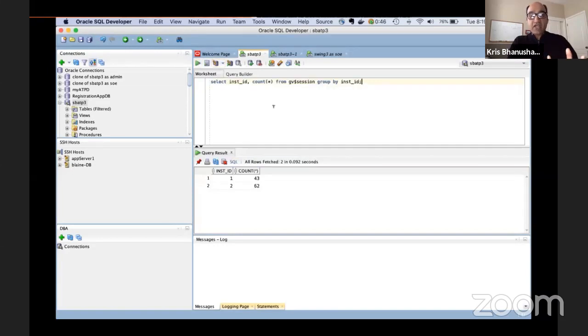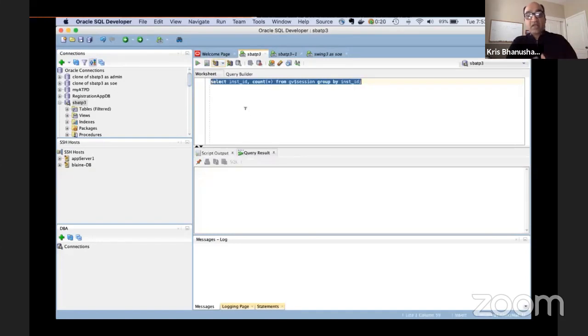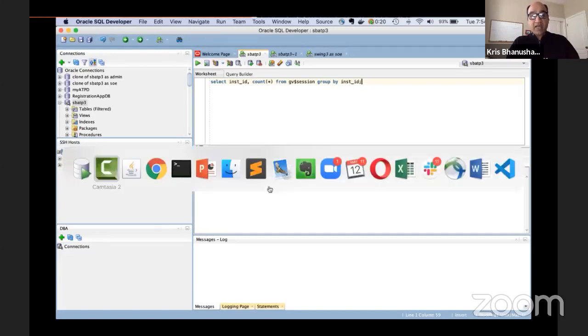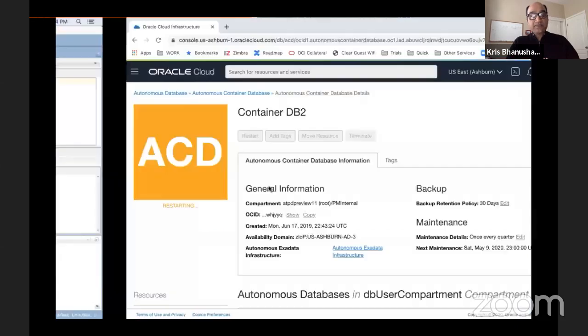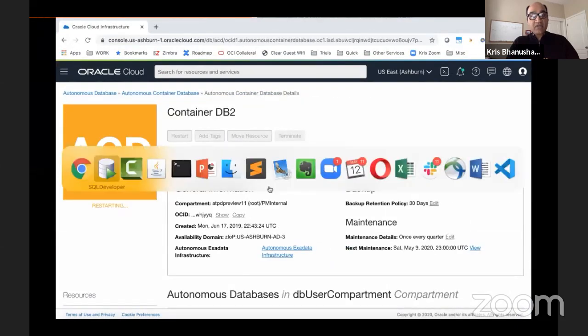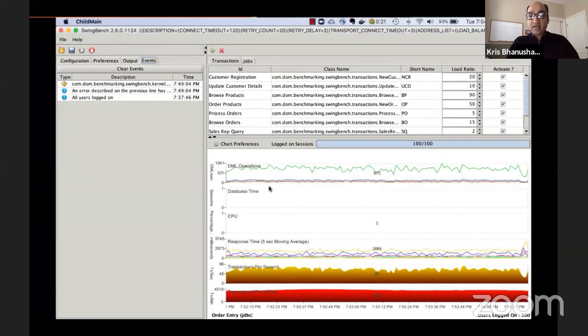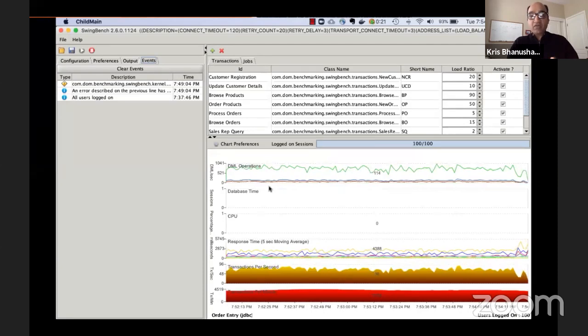And as each transaction completes, a new connection in the pool is provided to the second instance. After a while, you'll see that node 1 has gone down completely, while all the connections are now moved to node 2. I go back and take a look at how the application is doing. It's still showing restart. The app is chugging along just fine. All the 100 connections are intact. My DML hasn't gone down.